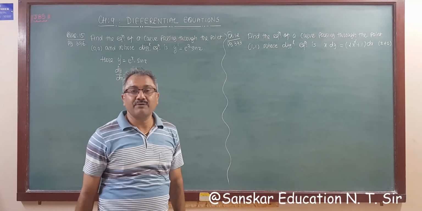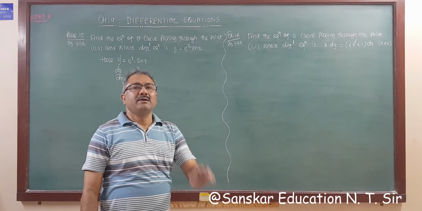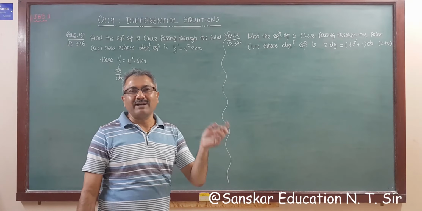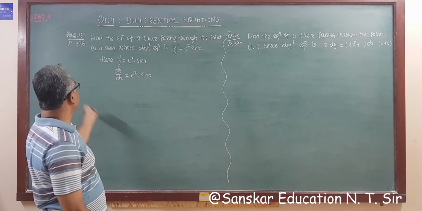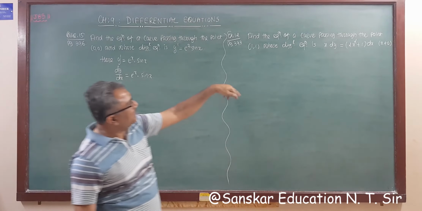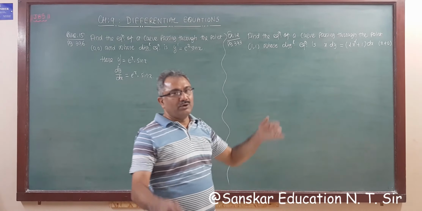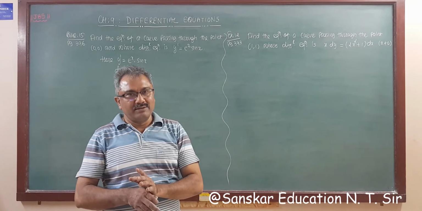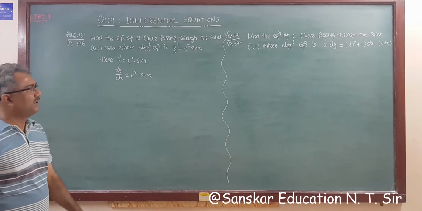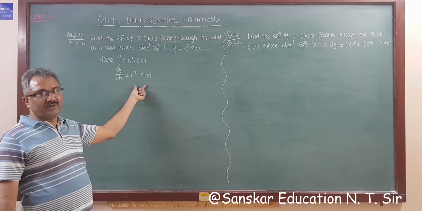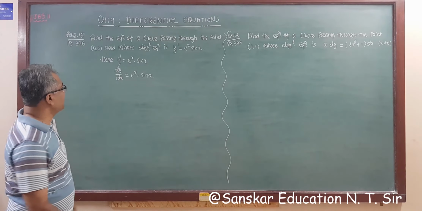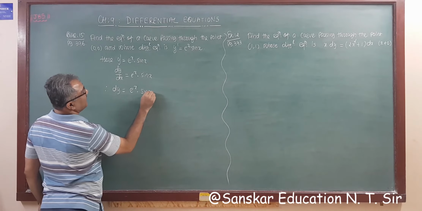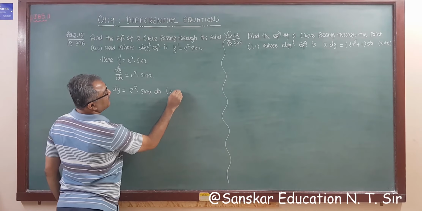Now you have to find the equation of the curve, right? In this type of word question, finding the equation of a curve means you have to find the particular solution using the given condition, that it passes through the point. In this example also it is given that it passes through the point, right? So you have to solve according to the previous examples we did, applying that method. Now you have to change this into variable separable form. It is easily converted into variable separable form, that is dy is equal to e raised to x into sin x dx. So this is variable separable form.